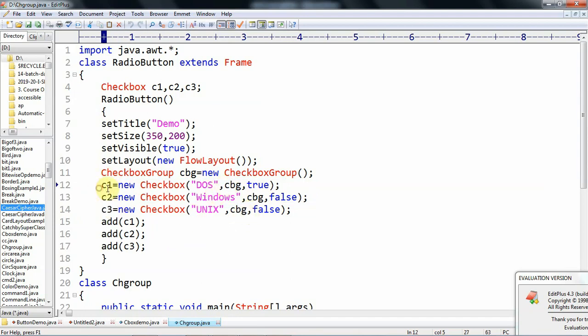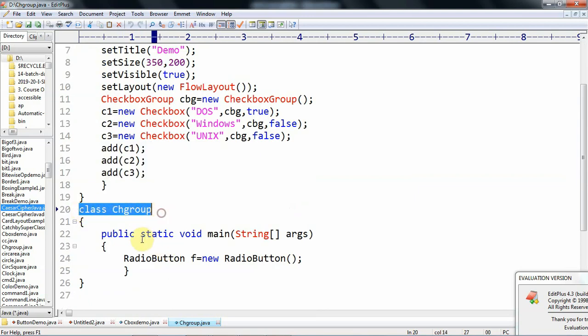If we place these three checkboxes in the same group, then only one checkbox at a time is selected. That means only one checkbox we can check at a time.